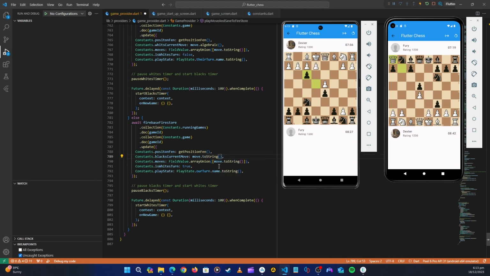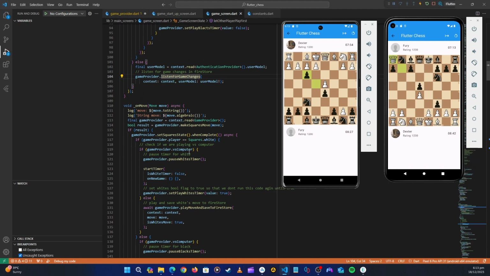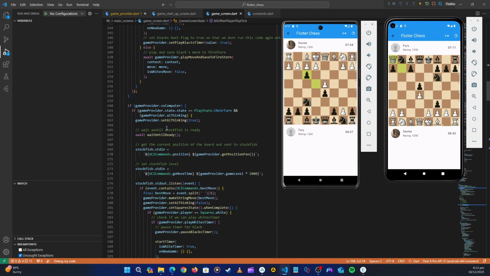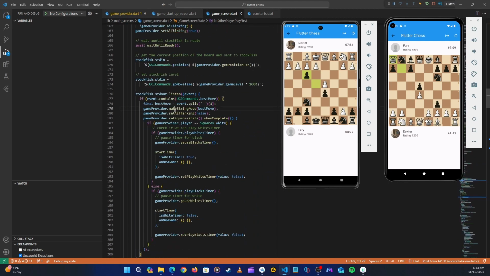Okay, this one. This is actually the same thing that is happening when you are playing with Stockfish, because when we are playing with Stockfish, we are getting the move string. Okay, make move string. So even this best move won't give us a problem because you are playing locally.